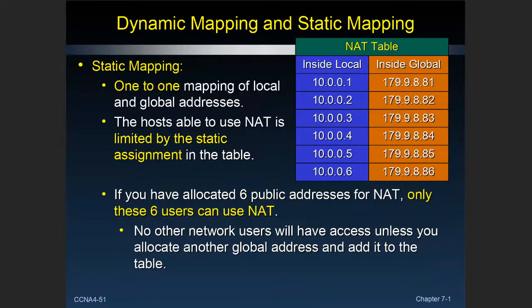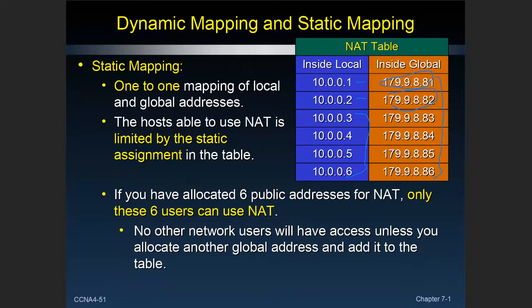So static mapping is important so that maybe I bought those 6 addresses from the outside world. And 10.1 is my web server. And 10.2 is my mail server. And I want those devices to always have that exact same address that the outside world sees so that I can map them to DNS. And when you type in mywonderfulcompany.com, you'll always get this 81 address and go to my public web server. Send me an email, will always be 179.net82, and you can go to my mail server. And the other 4 addresses, I'll use the technique we'll see about later. We'll do some NAT overloading and make all my inside devices, client and workstation machines, be able to use this.